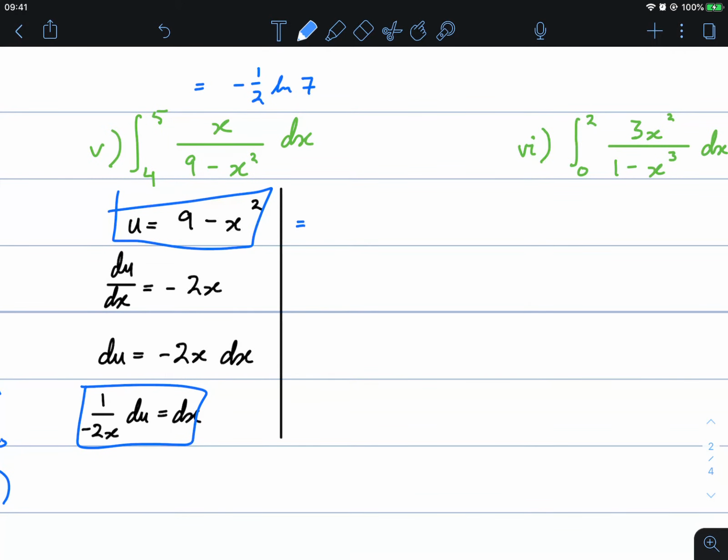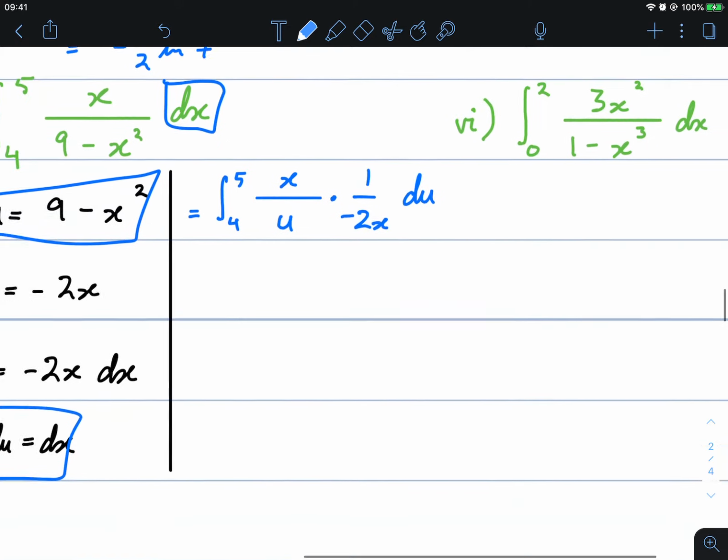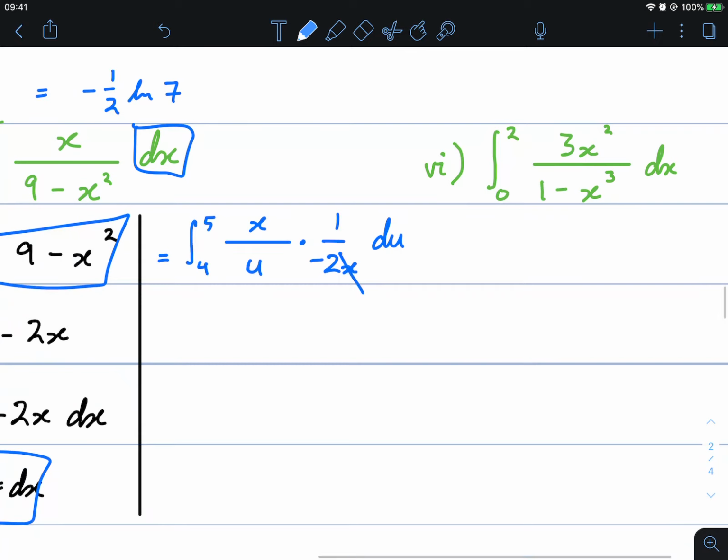So this is going to equal 4 to 5, x on 9 minus x squared, which is now going to be u, times dx, which is now going to be 1 on negative 2x du. Notice how these x's will cancel, leaving us with,